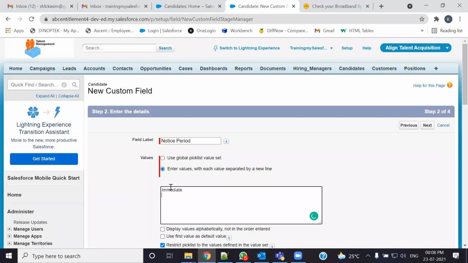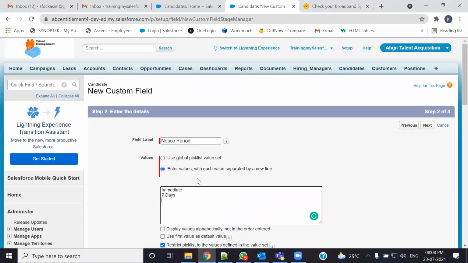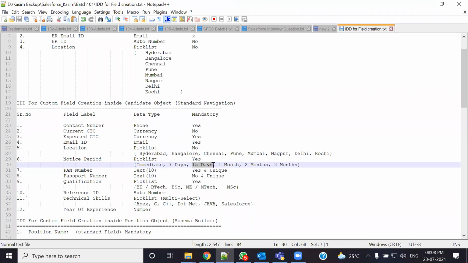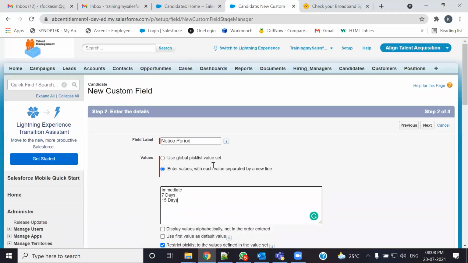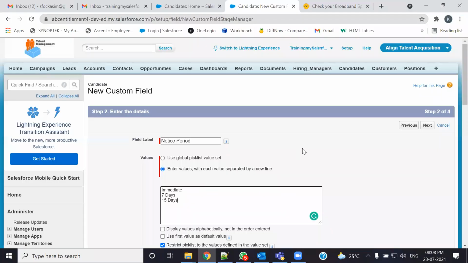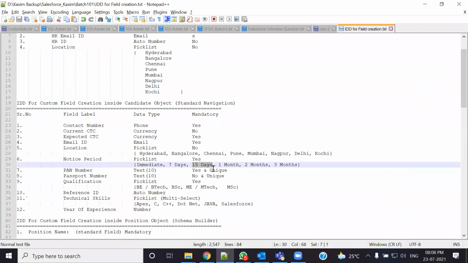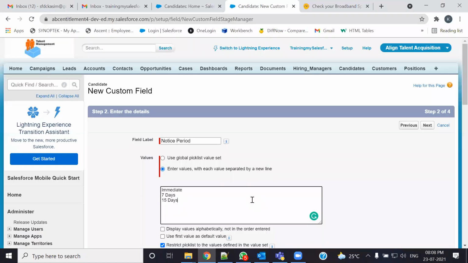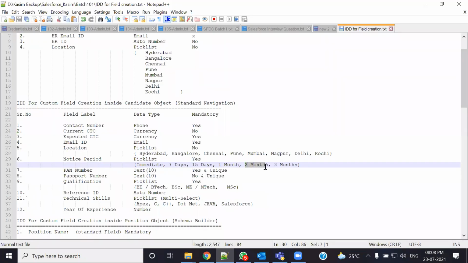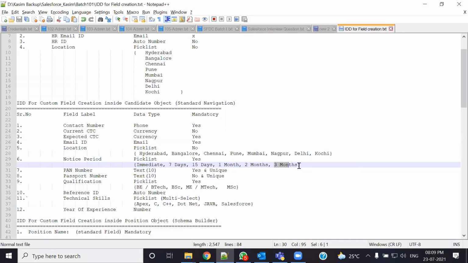Let me copy this, immediate. Press the enter. And then the next is what? 7 days notice period. And then 15 days notice period. The candidate, the position part. 15 days notice period. Just a second. Okay, 15 days done. Okay. And then 1 month, and then 2 months, and then 3 months. Okay,